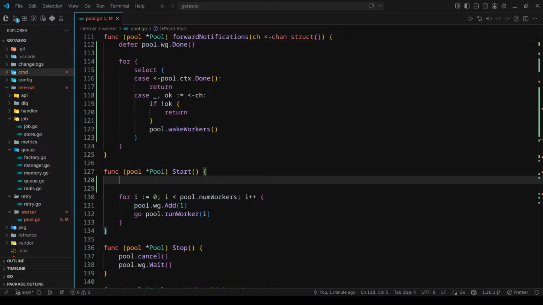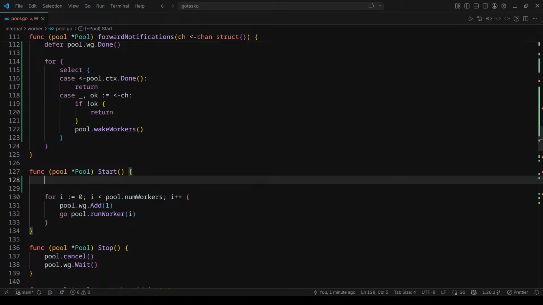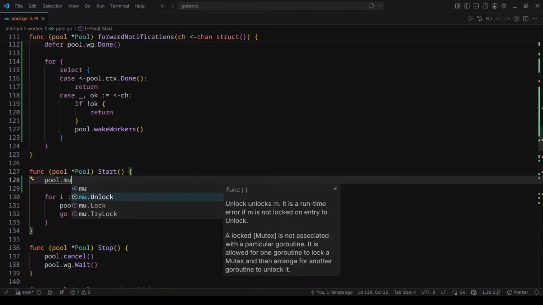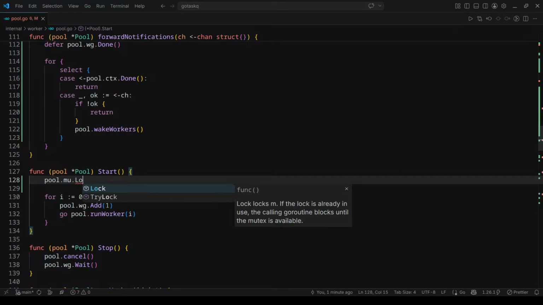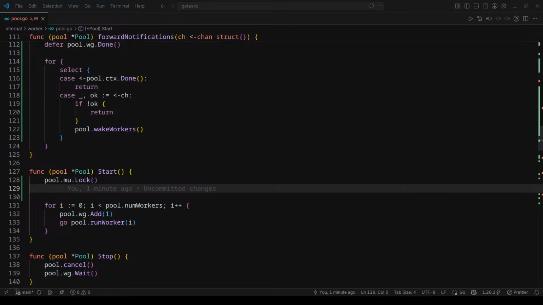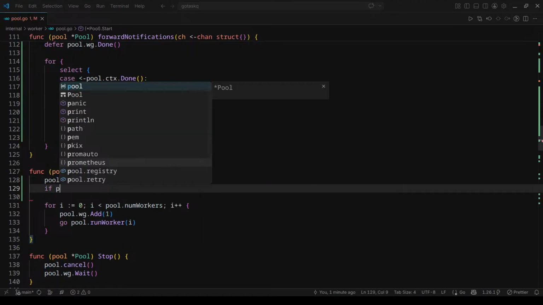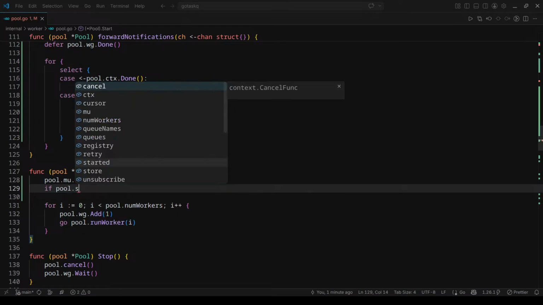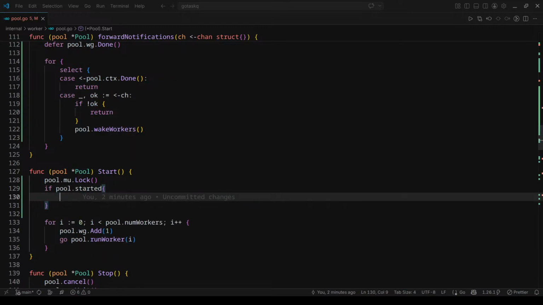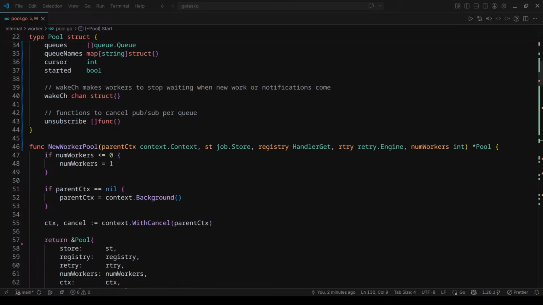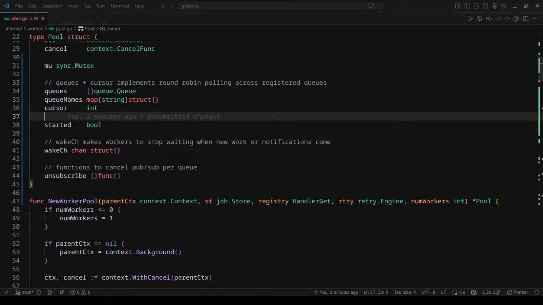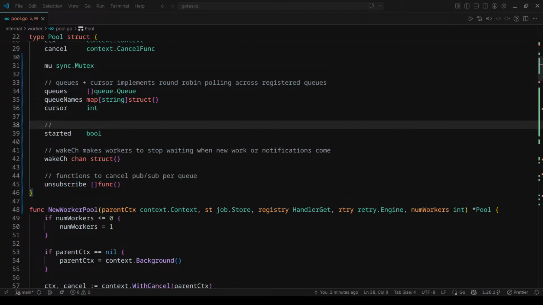Now you might be wondering how I can think on the fly, but I have prepared for the stream before that. So let me just pool dot mu dot lock. Let's lock this. What I'll check is if pool has started. Pool dot started. So the started boolean is telling us, just like it, tells us if